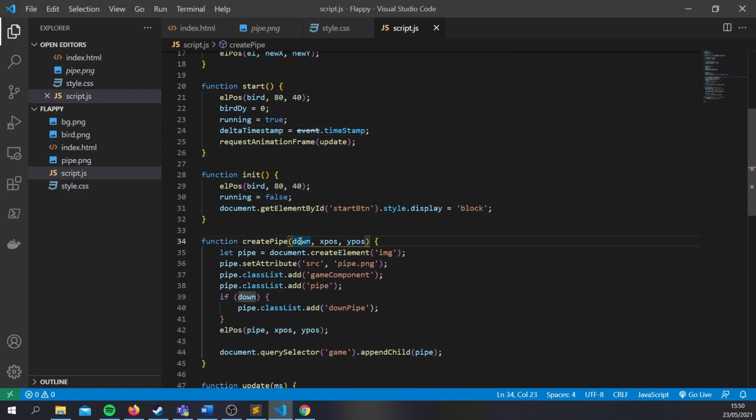This takes whether the pipe is facing up or down, true or false, and two positions. It creates a pipe at the corresponding position. It is going to create an image element, set its image source to pipe.png, add a game component and pipe class, and if it's supposed to be facing down, also add the down pipe class, set its position and add